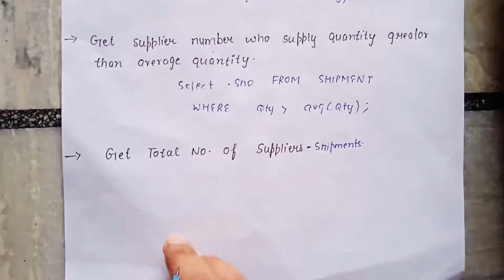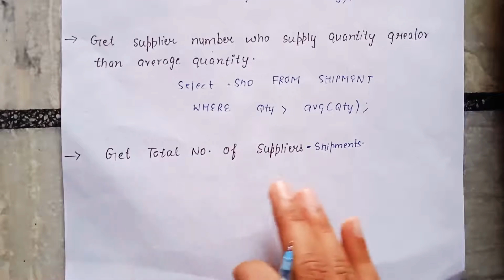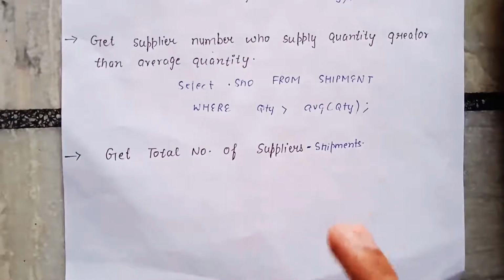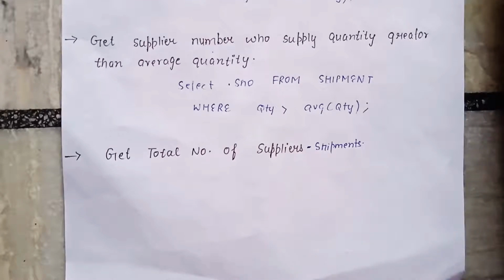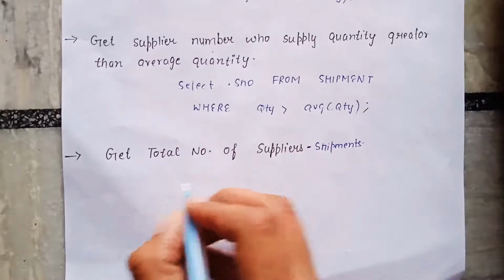Now let's see our next query. The next query is: get total number of supplier shipments. That means we want to know how many shipments are there in the shipment table. This we can get from the shipment table. So here we can make use of the count function. So we will write the query like